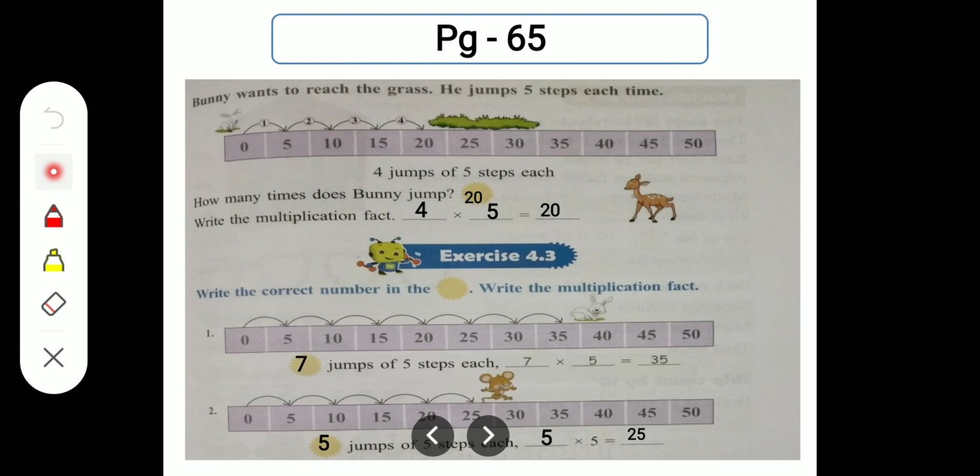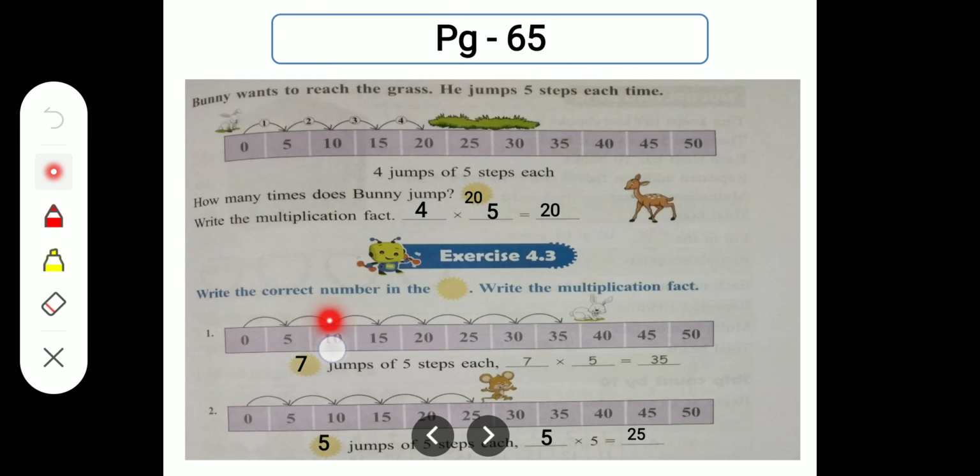That means, how many times does bunny jump? 20 times. Write the multiplication fact. 4, that is number of jumps into 5 steps, that is equal to 20. Now exercise 4.3. Write the correct number in the circle. Write the multiplication fact. So here number 1,